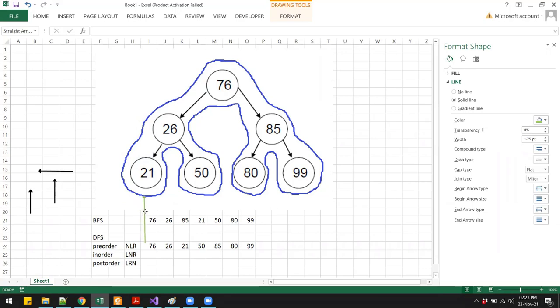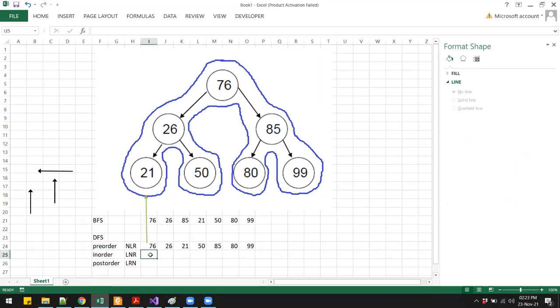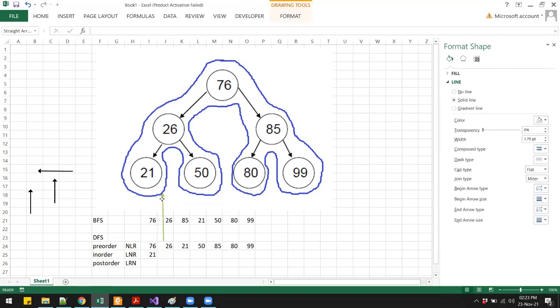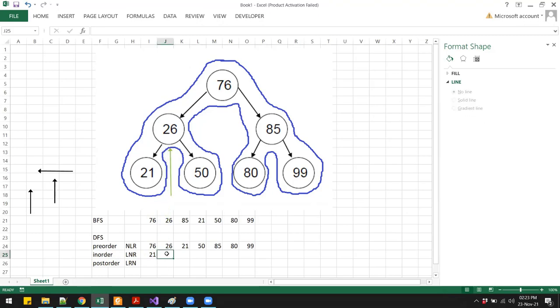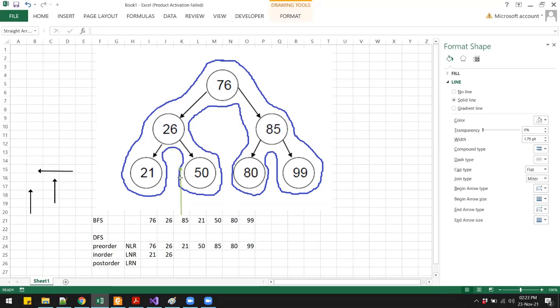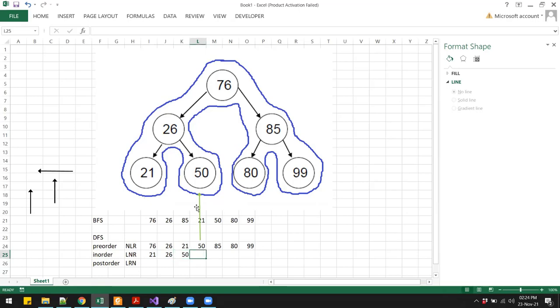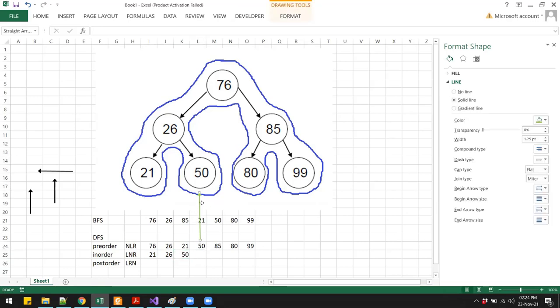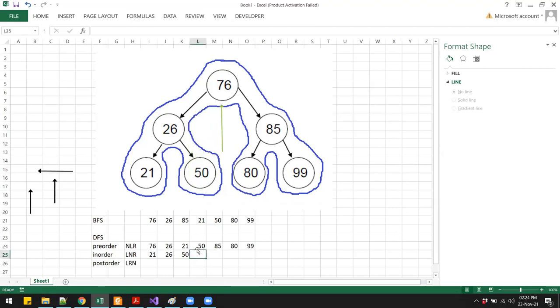So now we get 21 as the first number. So we will write down 21. Then keep on going, following the line. Now we have 26. So we write down 26. Then keep on going. We have 50. Again, keep on going. Now we have 76.